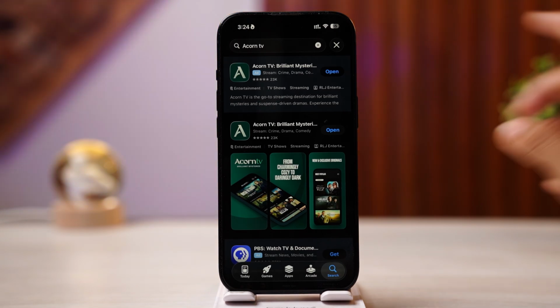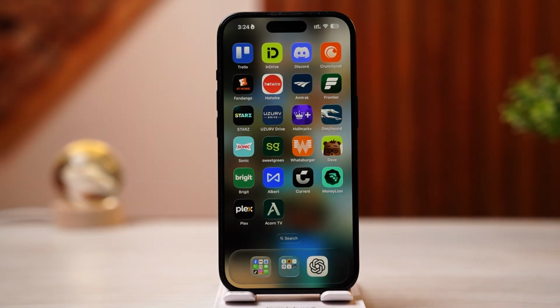However, if there's any other kind of problem while using the application, you can simply restart your device once and open the app